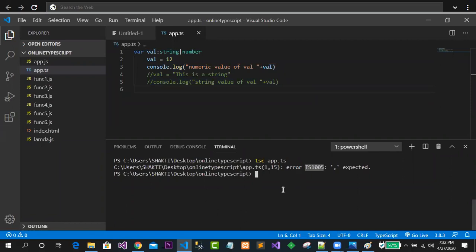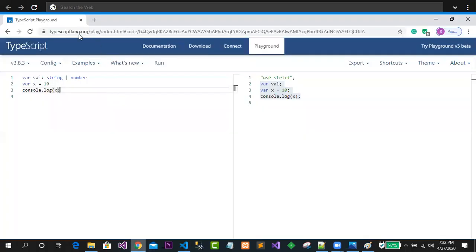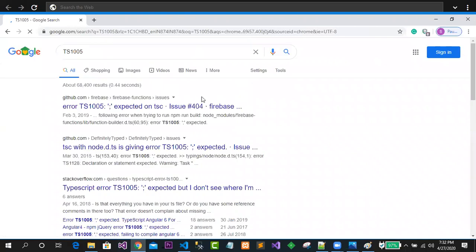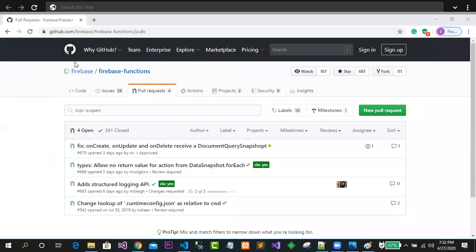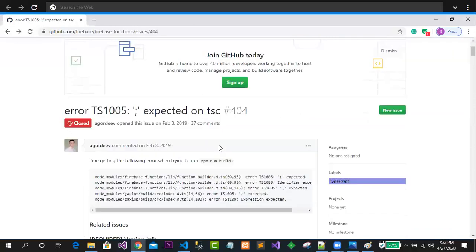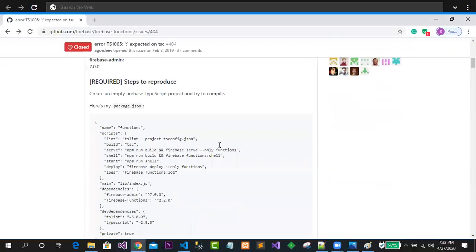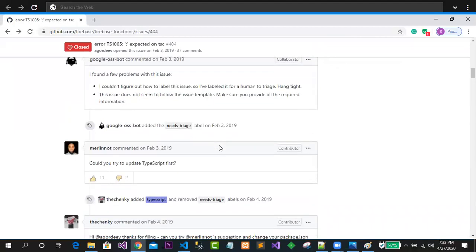So can we look up this error on Google? Let me just ask Google what the problem is. Okay. What basically is the problem? Let's say, what does the error mean? The error is somewhere. Okay, so it says a comma is expected, but it is not showing where the comma is expected here. No, it is okay.